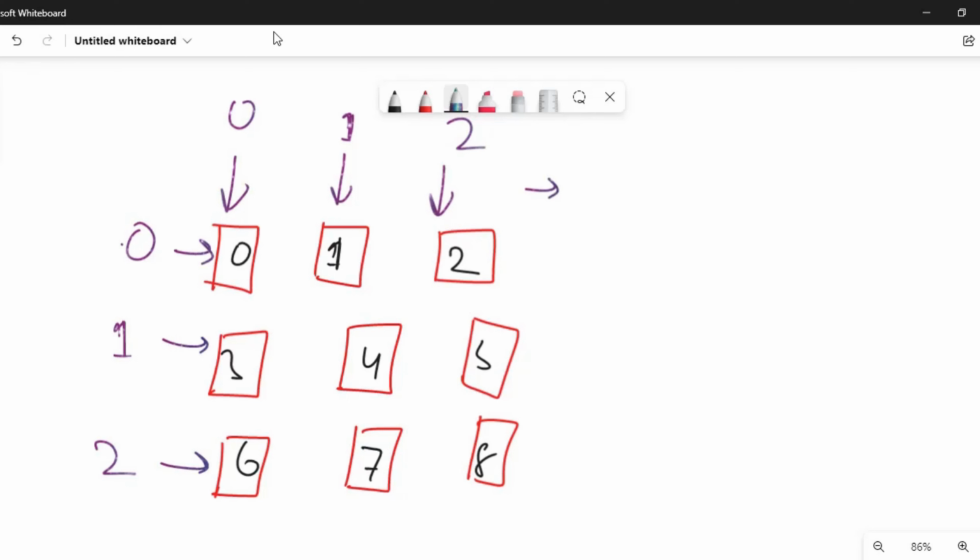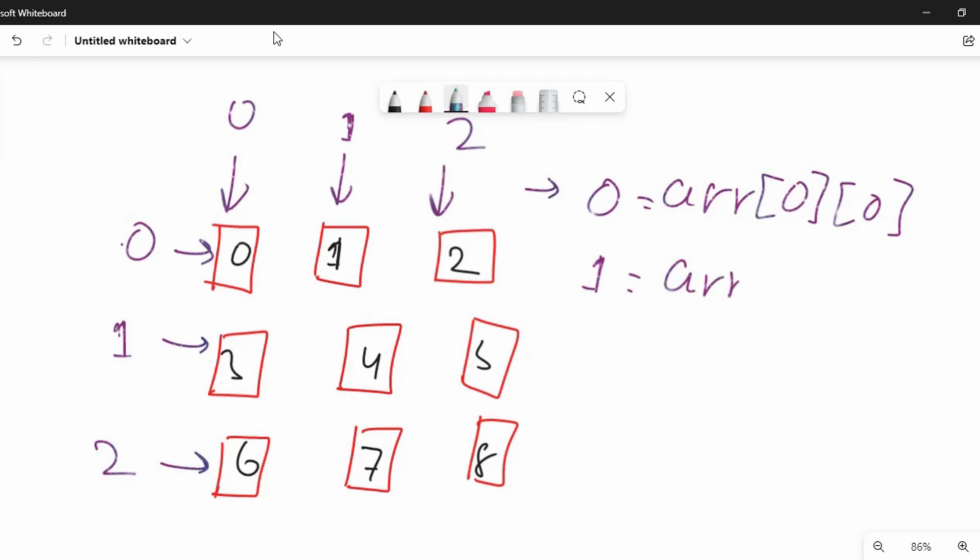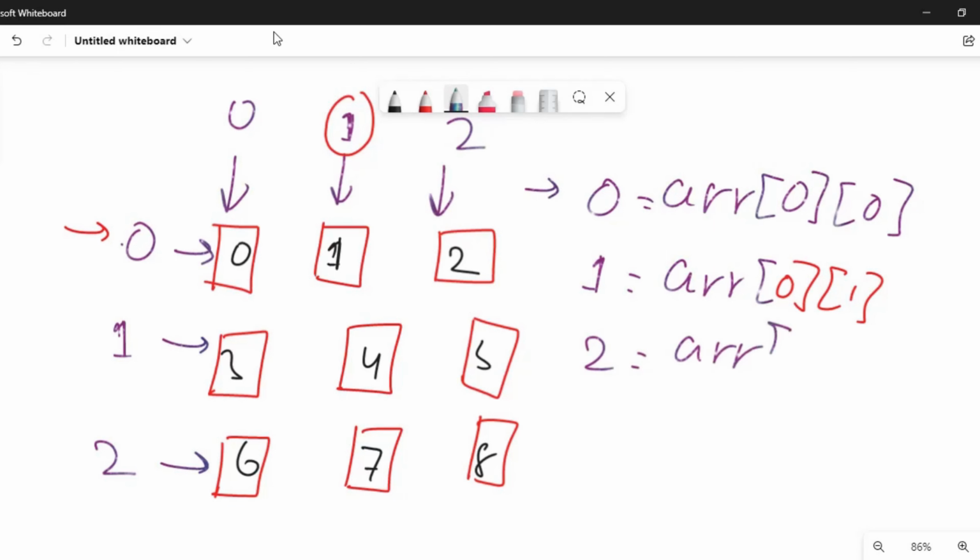So यहाँ पे हम क्या करेंगे, जो हमारा 0 नंबर है वो एक्चुअली किस इंडेक्स पे प्रेजेंट है, वो हमारे 0th रो के 0th कॉलम पे प्रेजेंट है। नाउ कमिंग टू 1 दैट इज एक्चुअली प्रेजेंट ऑन द 0th रो, बिकॉज अभी भी हम यहाँ पे अपने 0th रो में ही हैं, लेकिन ये एक्चुअली किस कॉलम में है, ये फर्स्ट कॉलम में है। तो हम यहाँ पे लिख रहे होंगे 0th रो के फर्स्ट कॉलम में एलिमेंट है। फिर आफ्टर दैट कमिंग टू 2, so that is actually present in the 0th row and the second column.